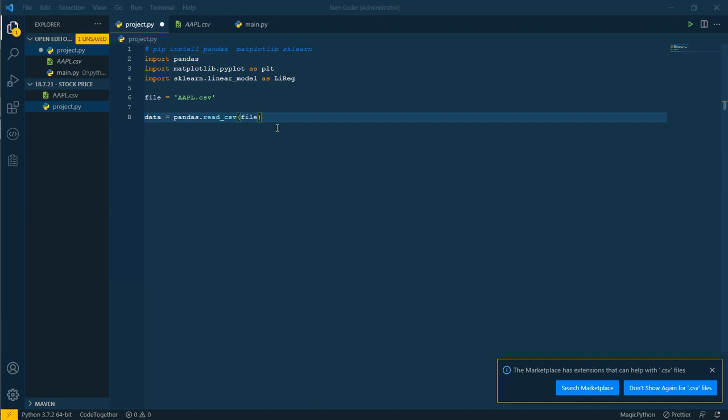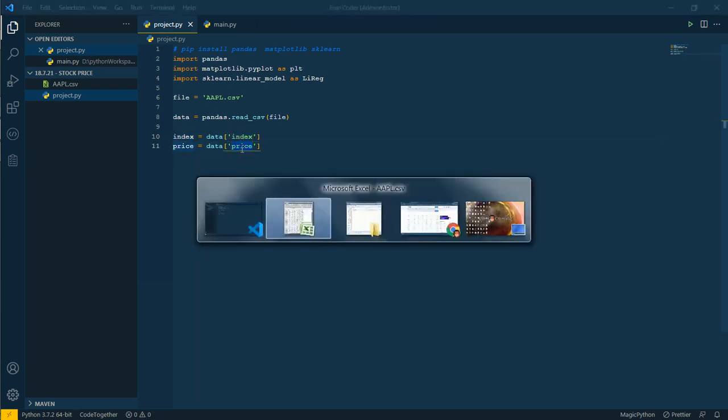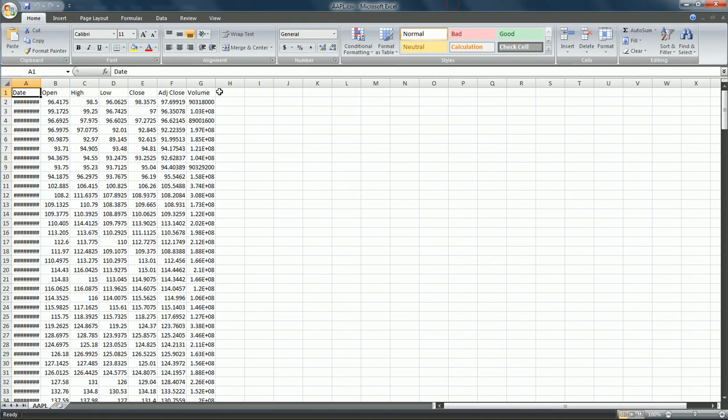Then from that we need the index, equals data index, and also price. Now the file we downloaded does not have these column names, so we will edit it,